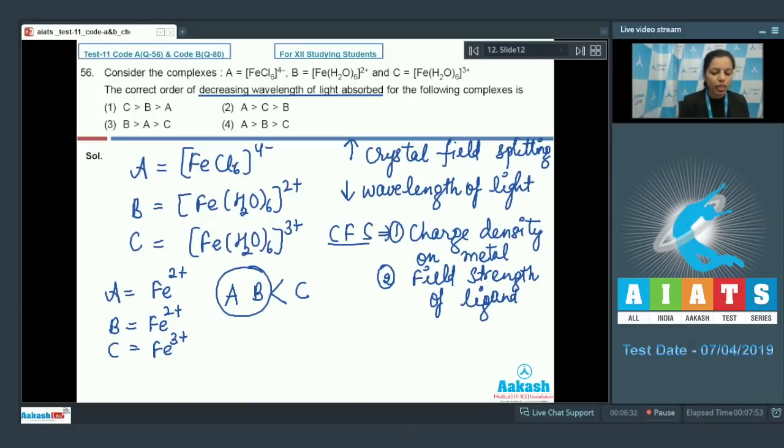Here, in case of A, the ligand is chloride, and in B the ligand is H2O. Which is the stronger ligand? Definitely H2O is the stronger ligand as compared to Cl negative. So you can mark here that maximum crystal field splitting would be there in case of C, then B, and then A. Now, this is the order